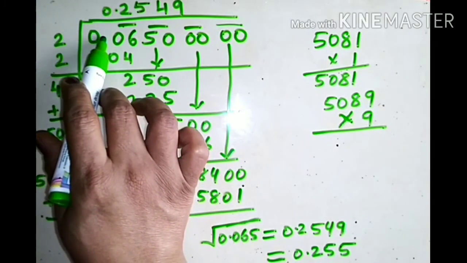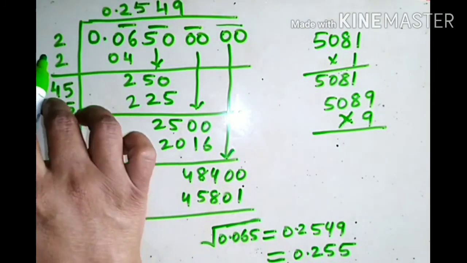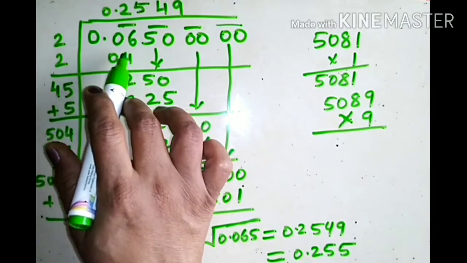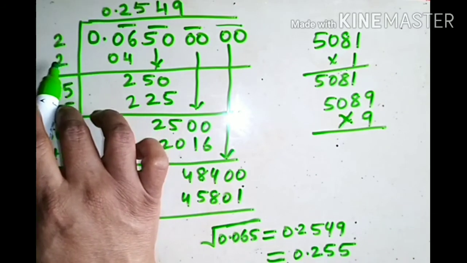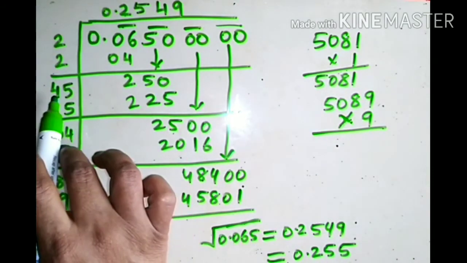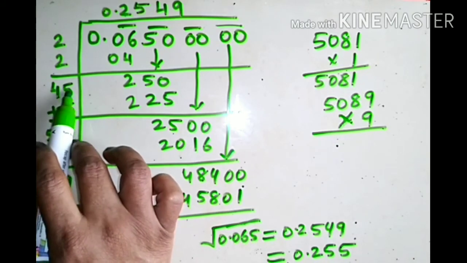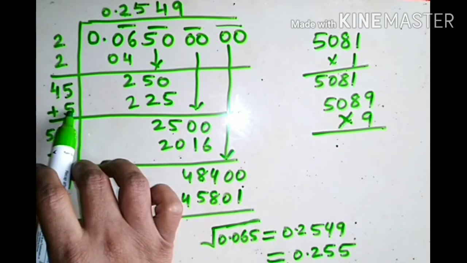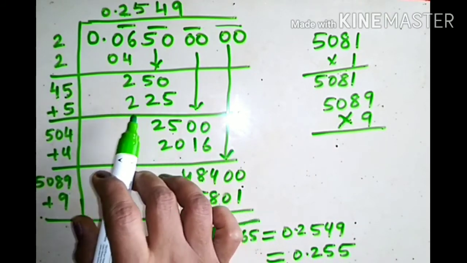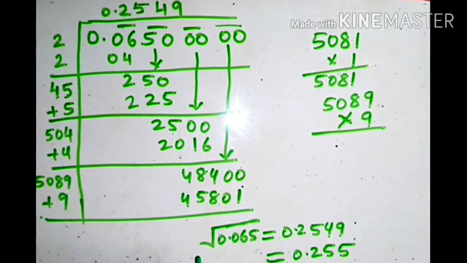Initially this is point here, so we will start with a point, and for 6 we will use 2 to the 4, subtract from here, add these two numbers and write here. We'll write this 2 here also, and we have to write number here and we have to multiply it by same number so that we come close to number 250. This goes on till we get 4 digits here. After that we will stop.